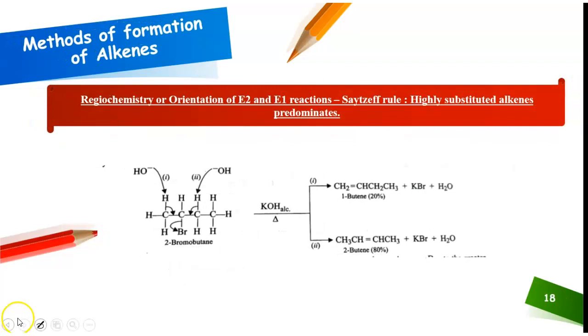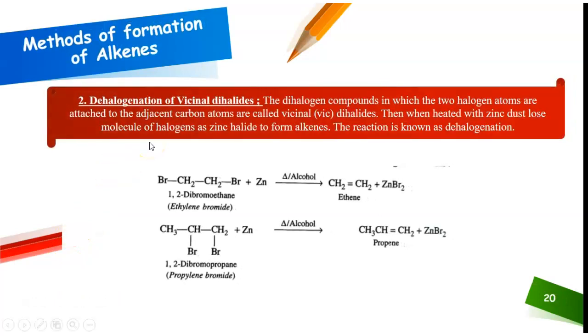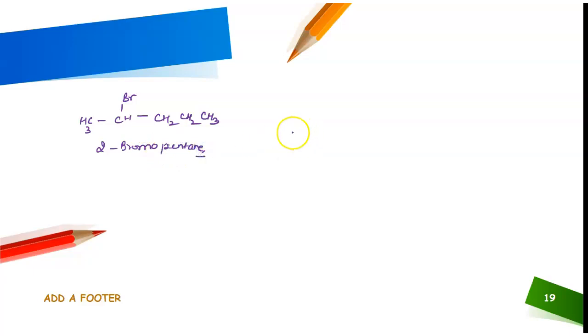So yeah, that is all over here, but one more example that I would like to show you, and just give me a minute. You can pen it down along with me. Let me switch to another color. So let's take the example of 2-bromopentane. Write it down along with me. That is CH3 CH, that is 2-bromopentane, CH2 CH2 CH3. Okay, now as I said, 2-bromopentane on reaction with sodium ethoxide,